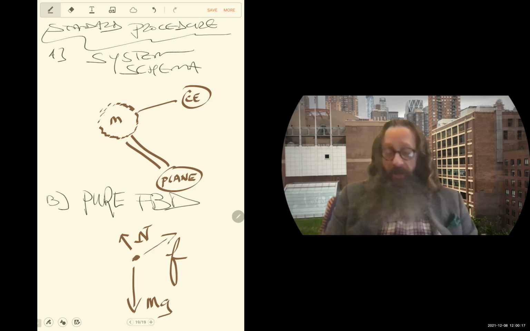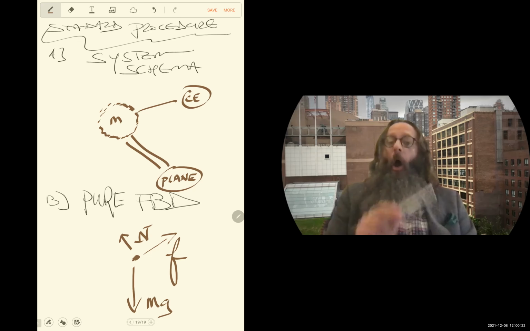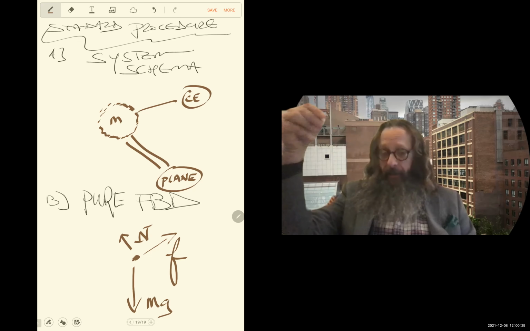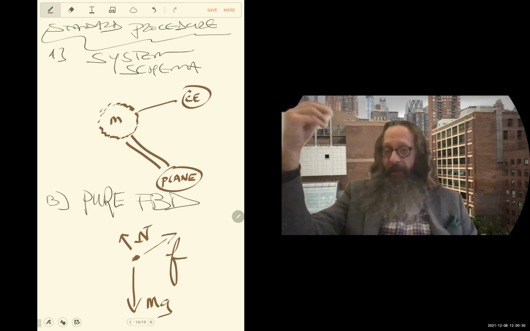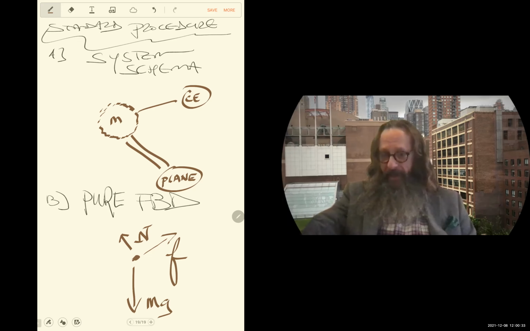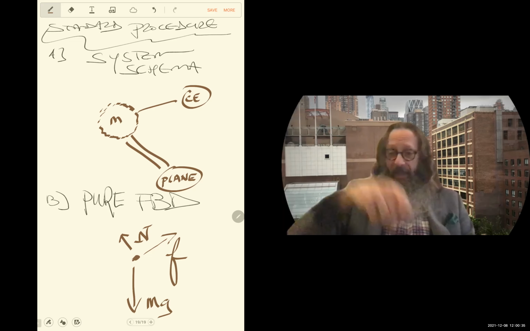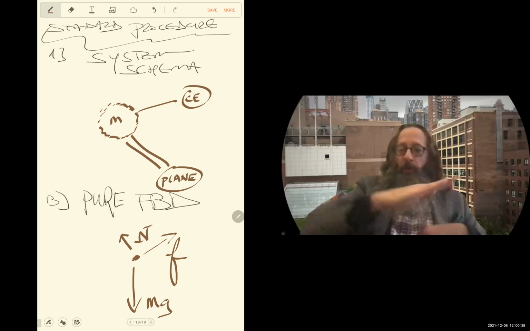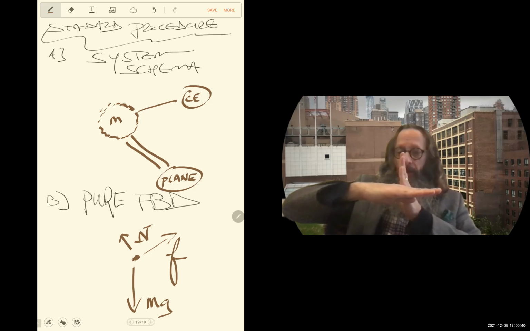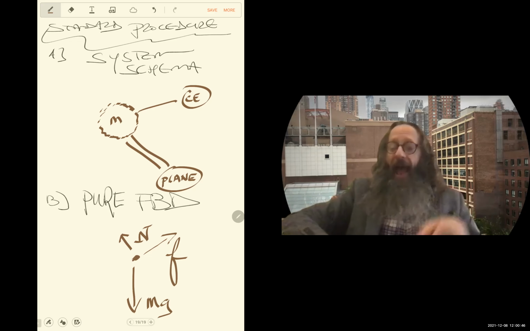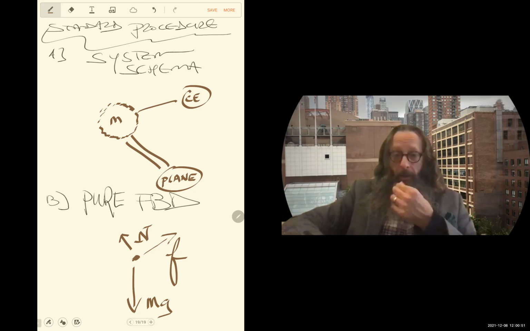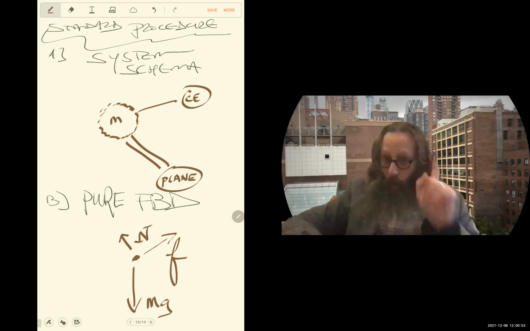Now, when you first saw this in lab, you might have been surprised, or maybe you didn't even know you were surprised. You might have been confused for reasons that you didn't even know. I'm looking at this picture and I see F as a diagonal line and I see normal as a diagonal line. I might think to myself, well, just like in the other problem, they're diagonal, why don't I break them up into a straight up and down and a left and right? In other words, I might tacitly think, I'm used to x-axes that look like that and y-axes that look like that. And if I think of axes like that, horizontal and vertical, F and N would be weird, and I'd have to break them up. And in fact, we can do that, and it will get the right answer.